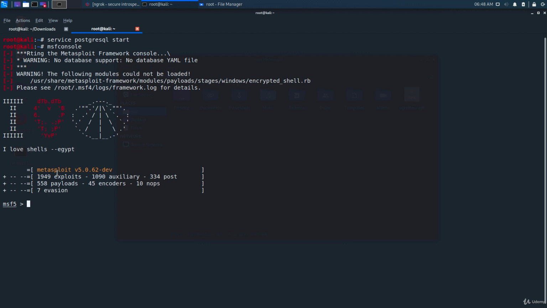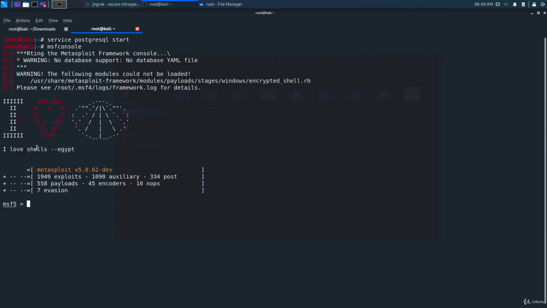So after you run msfconsole, you will see a screen like this where you will see the msf prompt. Okay, that's how you write commands inside of Metasploit. Once you see that, you can just begin typing MSF or Metasploit commands. It's fairly easy to use actually. As you can see, we have a lot of payloads, a lot of exploits embedded in Metasploit as well. But we are particularly interested in a module called